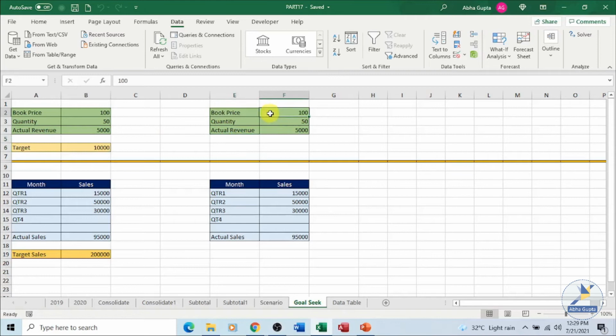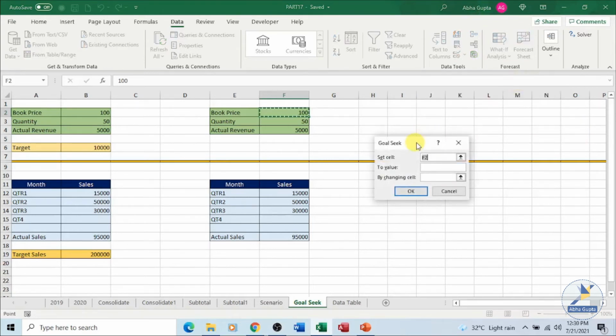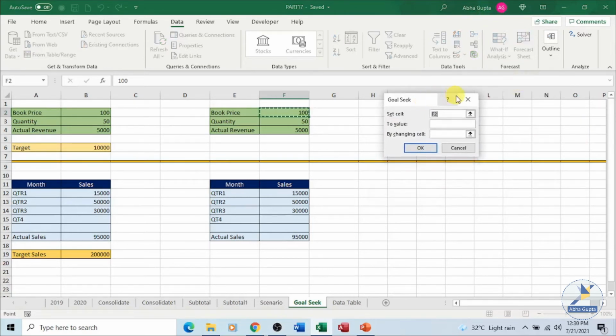Let's see over here. So in your data tab, again let's go to what if analysis and click on GoalSeek. You get a small box over here. It will ask you which value you want to set. Now it allows you to try different values in the formula to arrive at a solution for the input value. Which cell do we want to change over here? We want to change, say, the book prices.